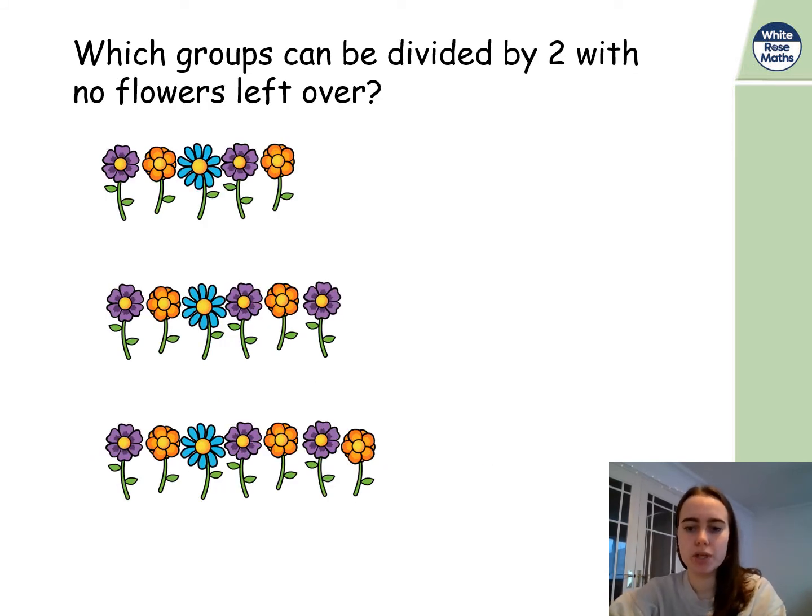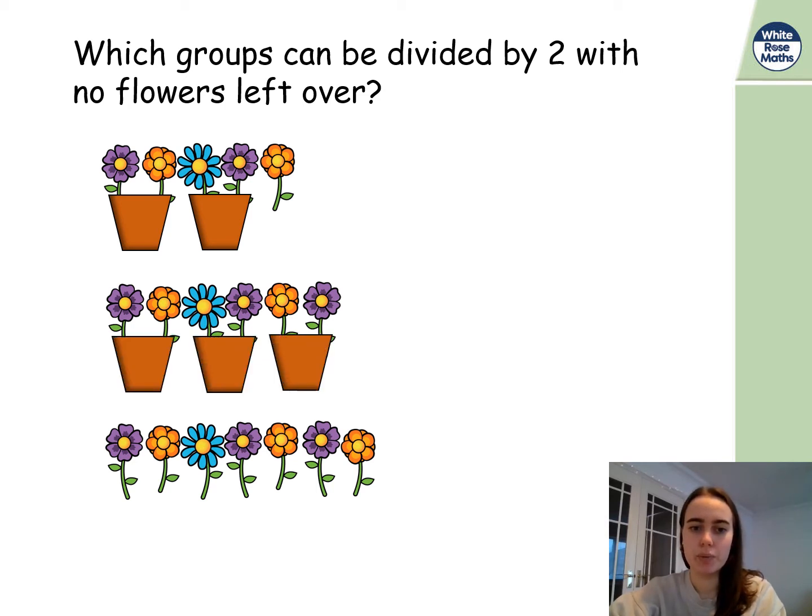So which groups can be divided by 2 with no flowers left over? So have a think. We've got 5, 6 and 7. So there's one left over when we divide 5 by 2. When we divide 6 by 2, we're able to do it. There are 3 pots. But when we divide 7 by 2, there's a flower left over, so we can't divide